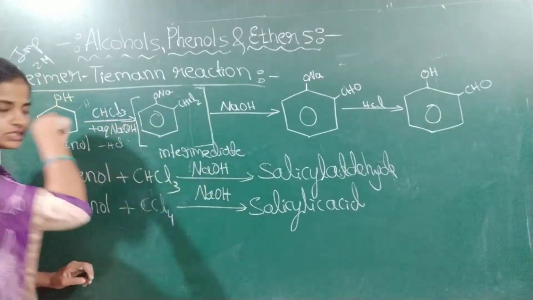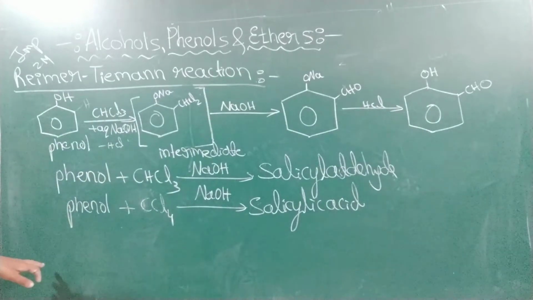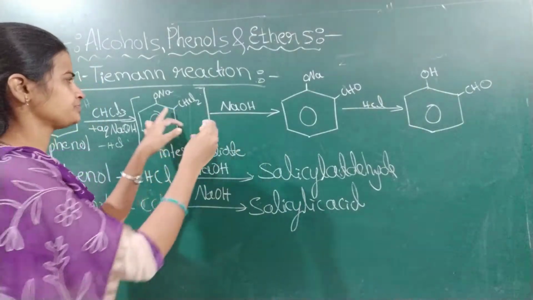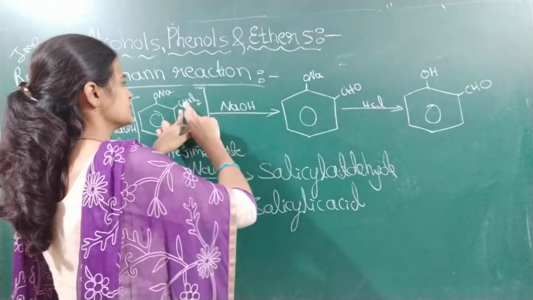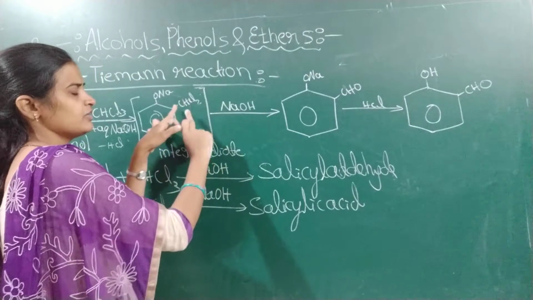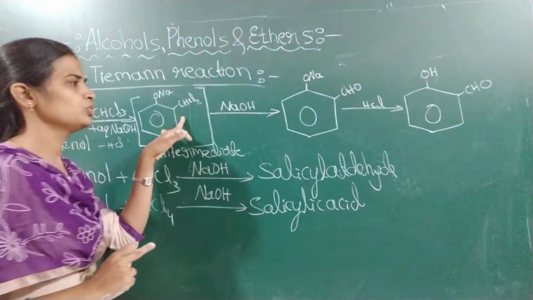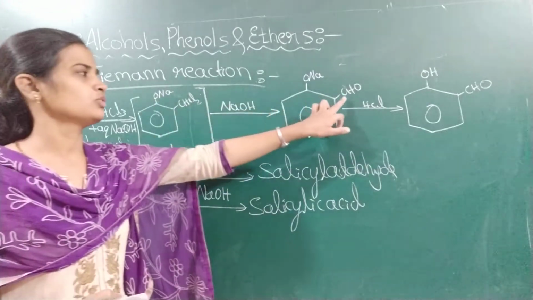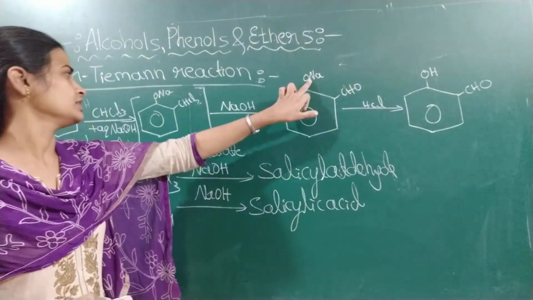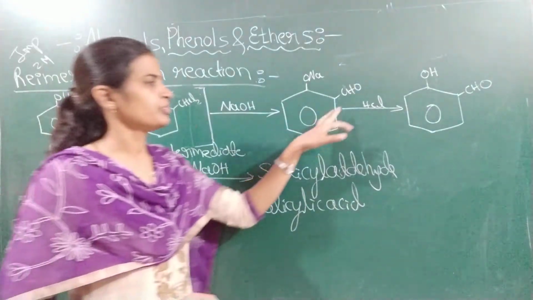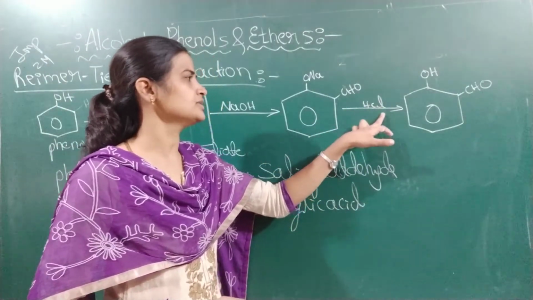Intermediate means what? Which is not stable at all. Okay. Then when this is treated with the NaOH, what will happen? This CHCl2, this NaCl will get eliminated when it is treated with the 2NaOH. Here, yes, NaCl will get eliminated to form an aldehyde group, and ONa is as it is. Okay. Next, finally, after acidifying this, what happens?